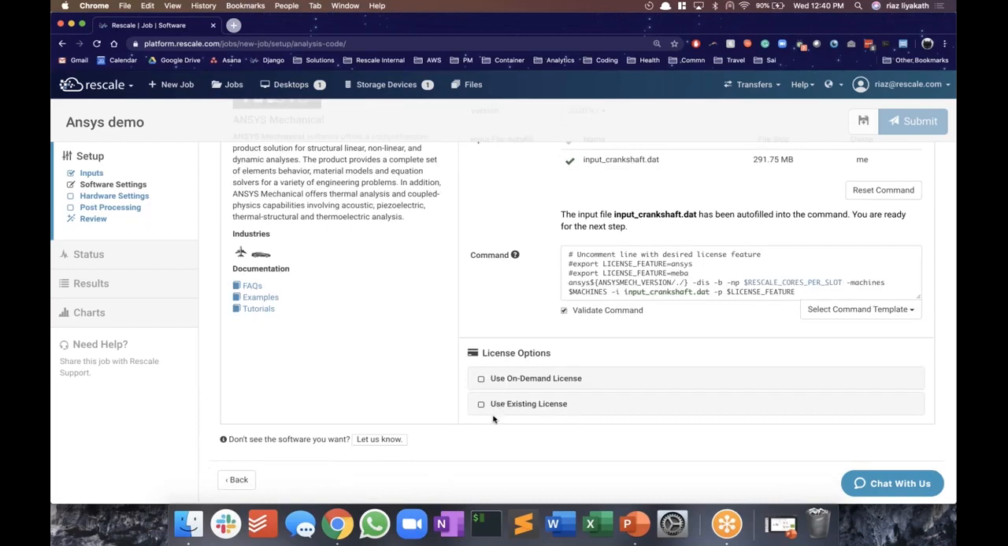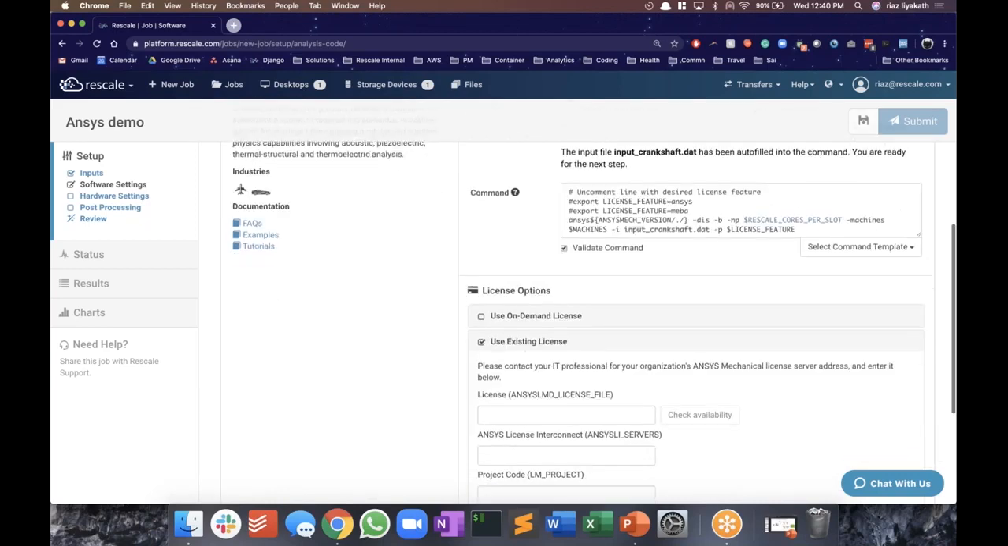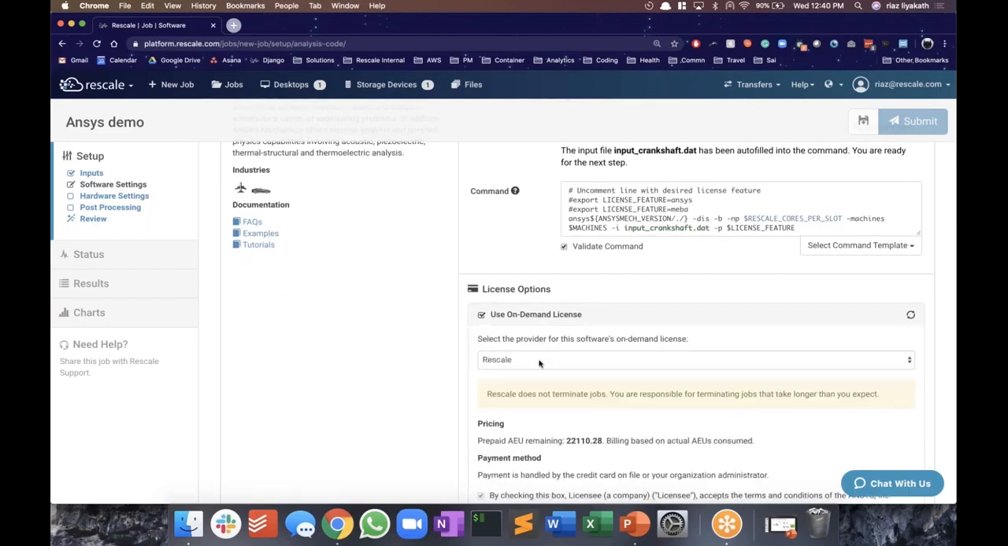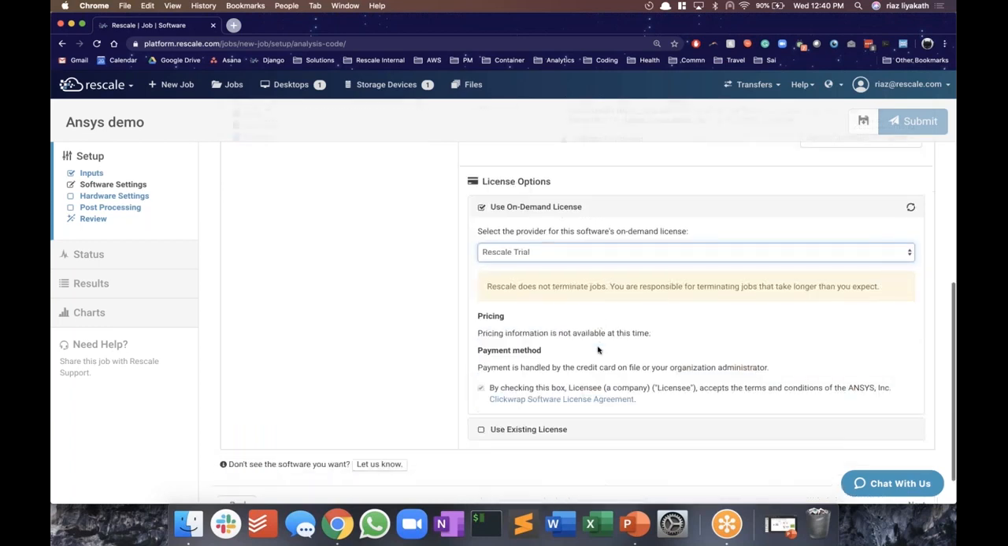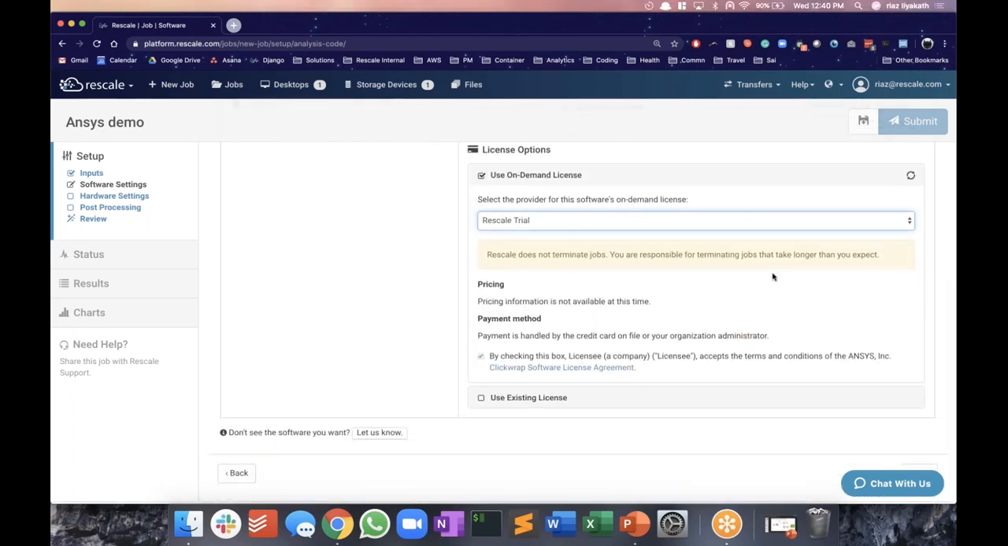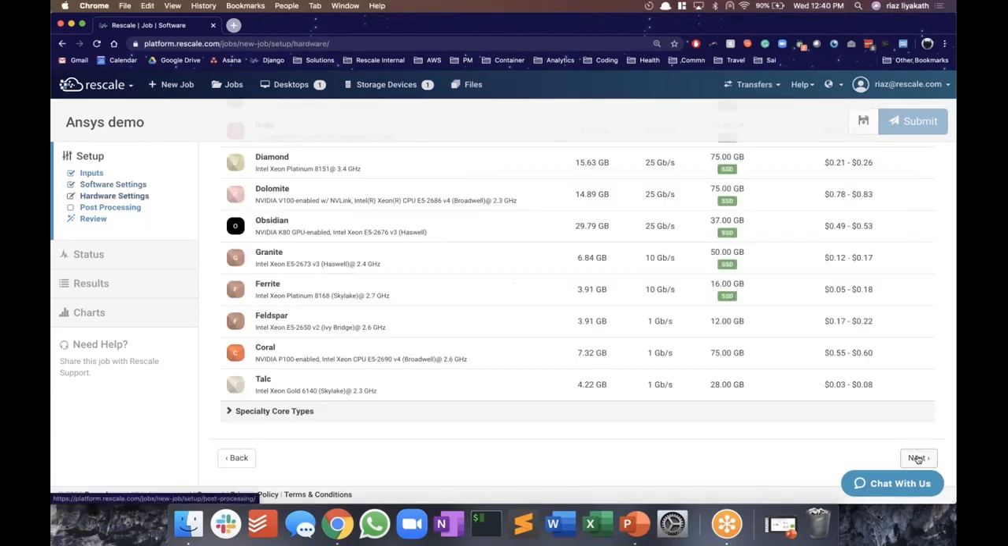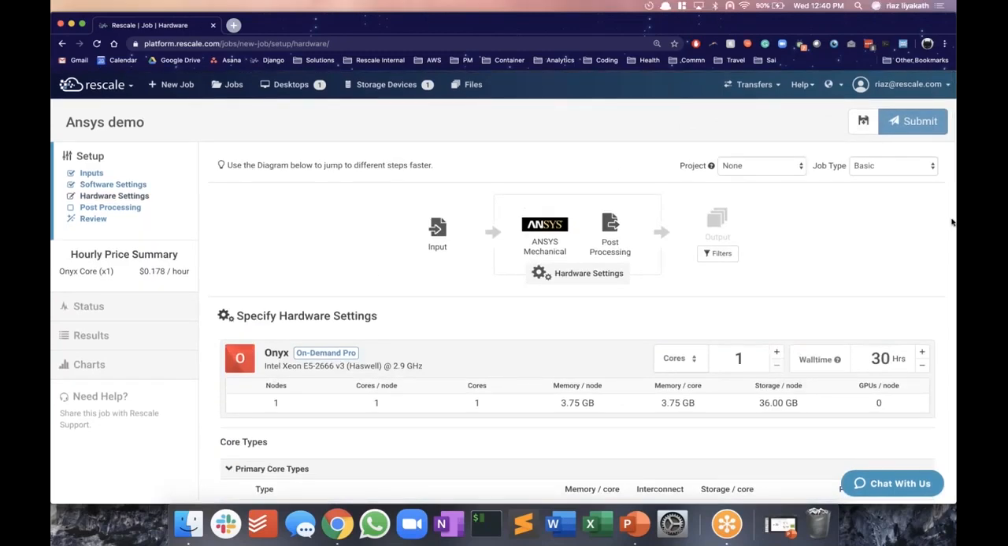And then the command line is automatically populated. You can use your own license. In this case, I'm going to use a demo license. So here I'm going to choose a Rescale trial license. Okay, so let's recap a bit what we did. So we have our input file. We have our software where we specify the version and the license settings. And the third step is to run the